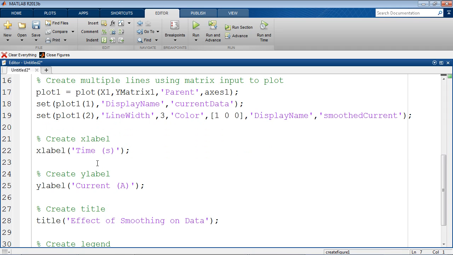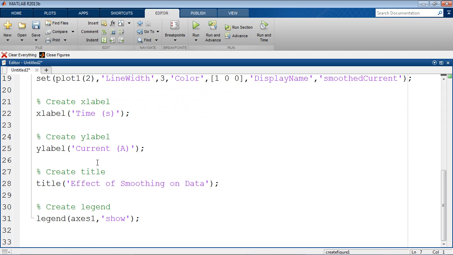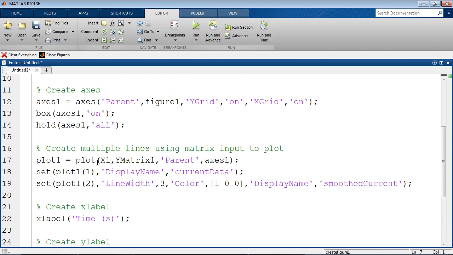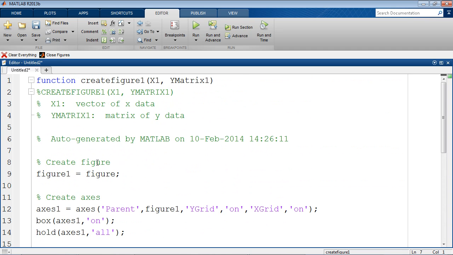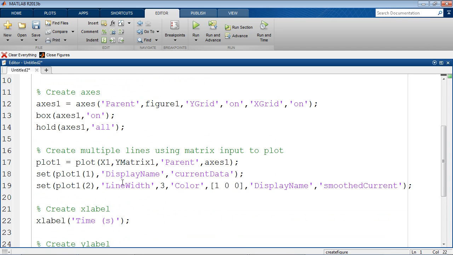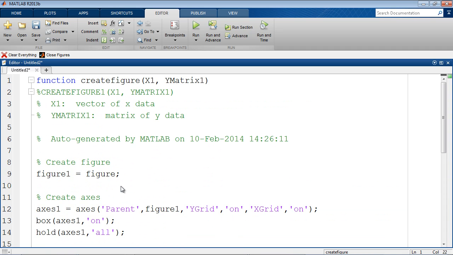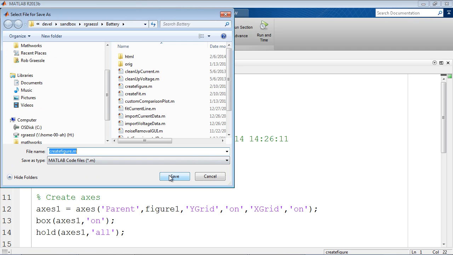done programming in MATLAB, worked with graphics, you'll see a lot of familiar commands in this code. You can modify this code to make it more relevant to you, or you can just start using this code as a way to learn about how to work with graphics in MATLAB. So now if I save this,